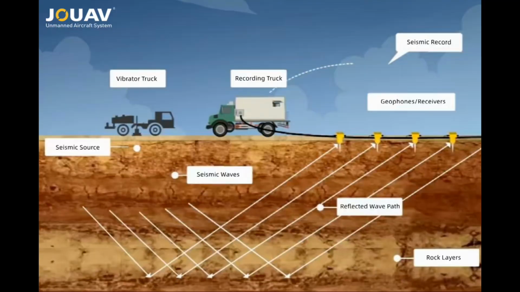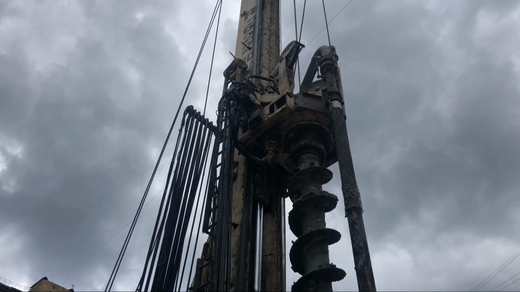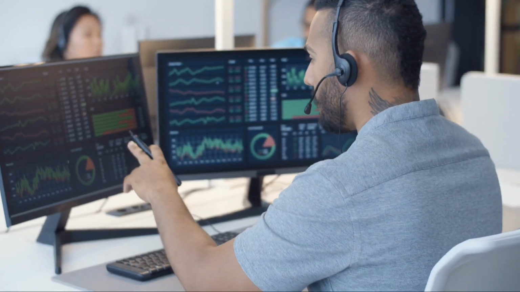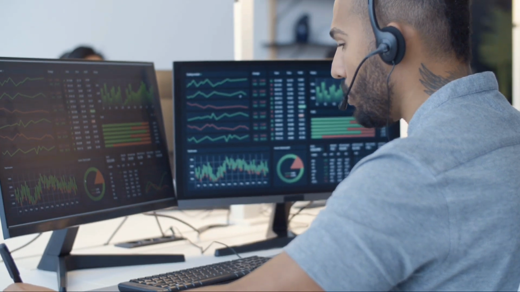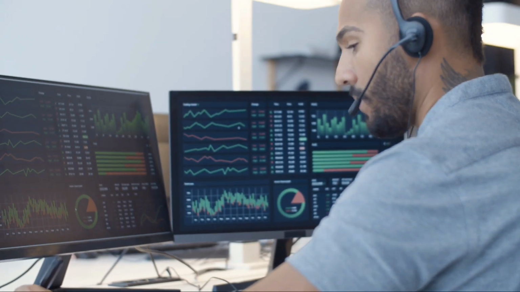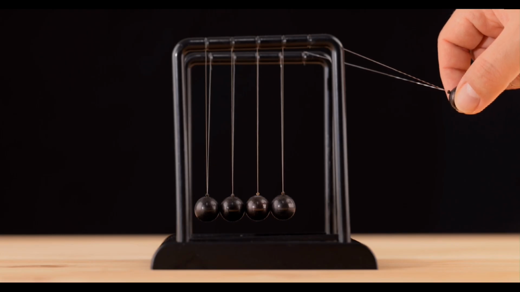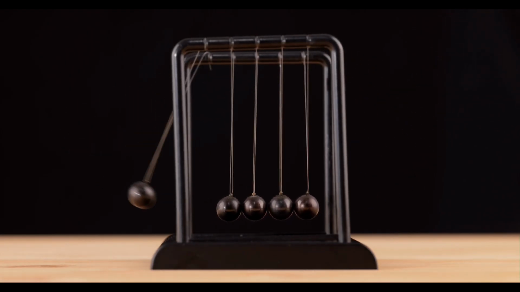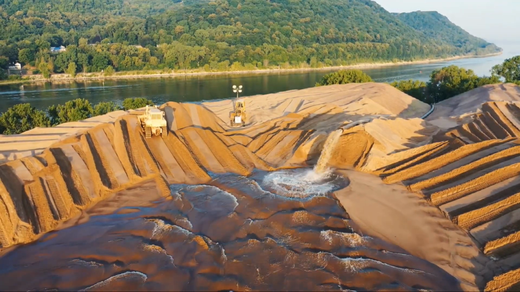First, strong vibrations or sounds are created on the ground. This vibration is reflected by various layers underground and comes up, which is recorded by special sensors or geophones. Later, using this data, a three-dimensional image of the underground is created through a computer. Much like an image of a child in the mother's stomach is obtained through an ultrasonogram. In addition to seismic surveys, gravity surveys and magnetic surveys are also carried out.